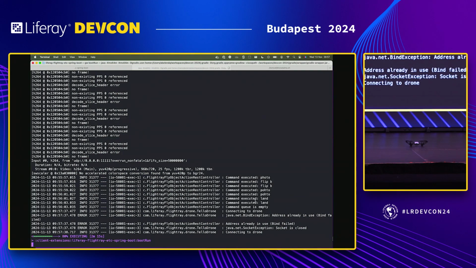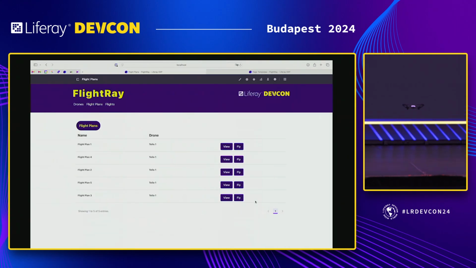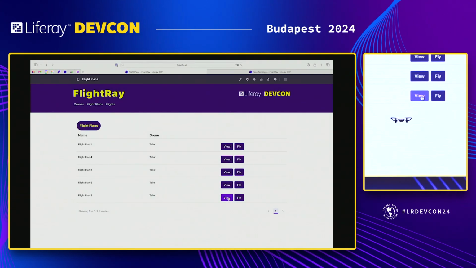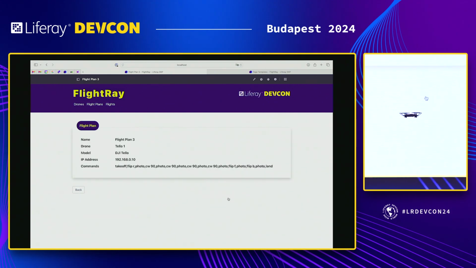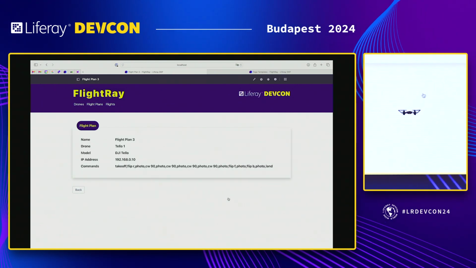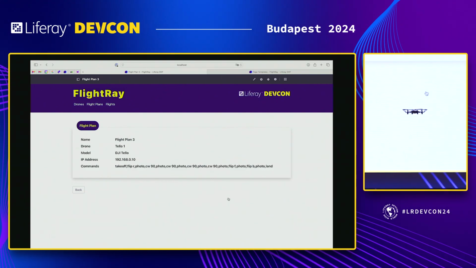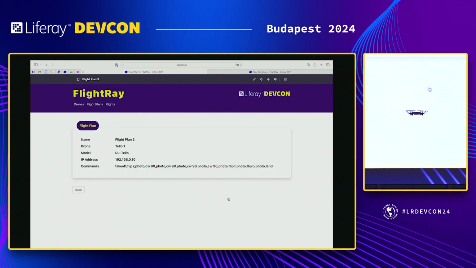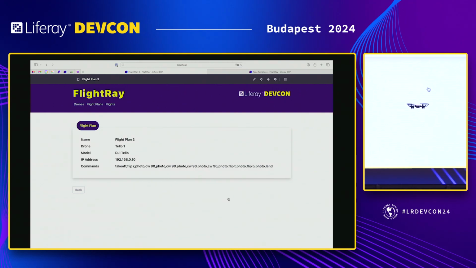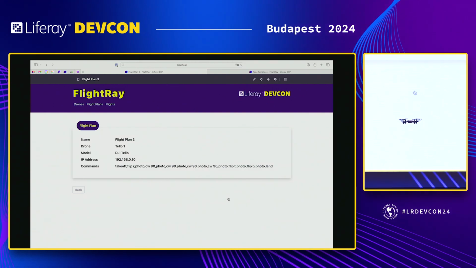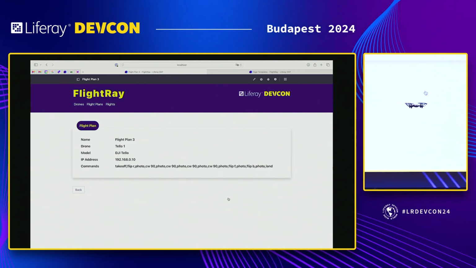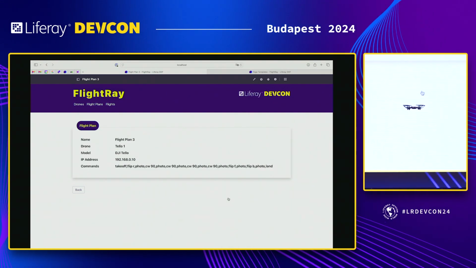Let me double check here. Okay, rotate, take a photo. Rotate, take a photo. More photos.